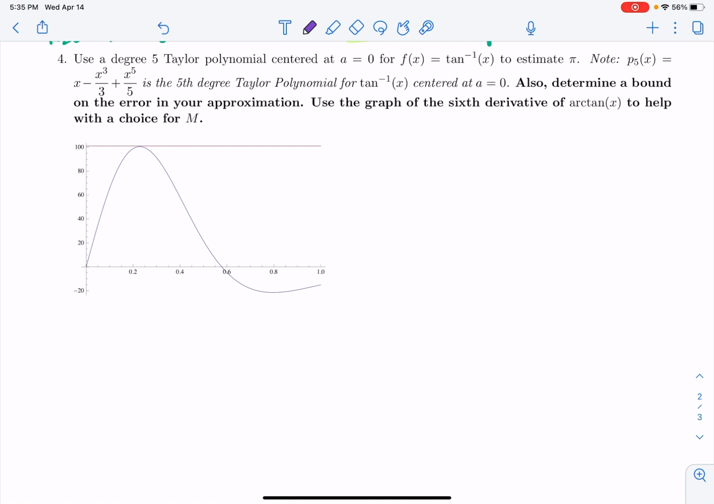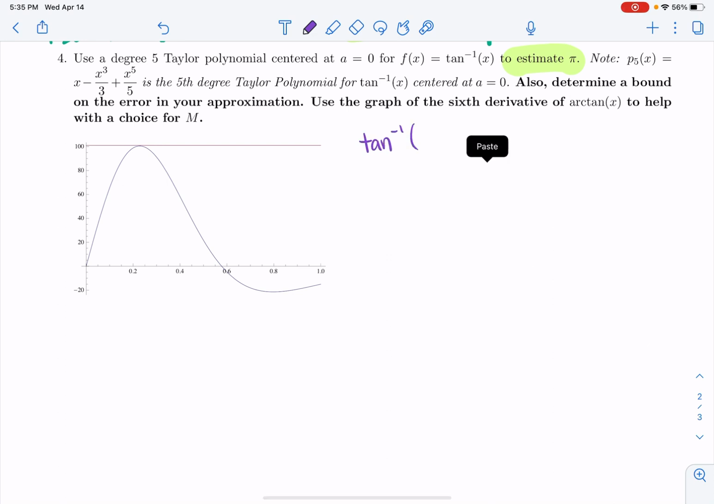Okay, so where do we get pi? We want to estimate pi. How do we estimate pi from inverse tangent of x? Let's see, centered at a equals 0, we want something that's near 0. So we can get where inverse tangent of x is equal to pi over 4. So what is that? Inverse tangent of, let's see,